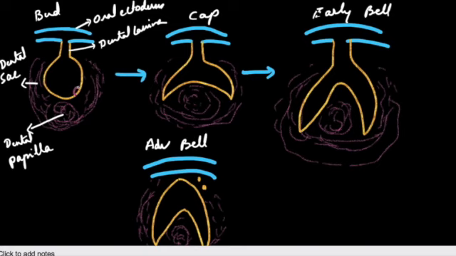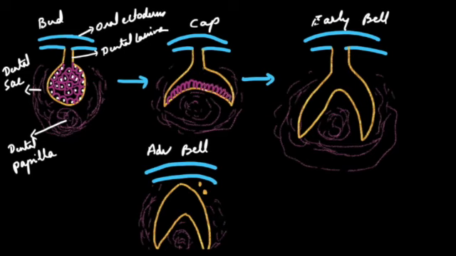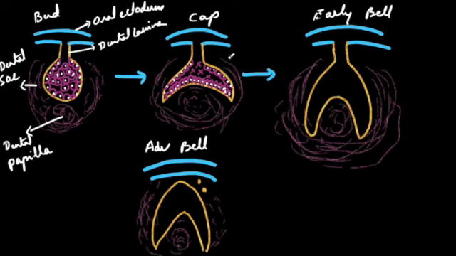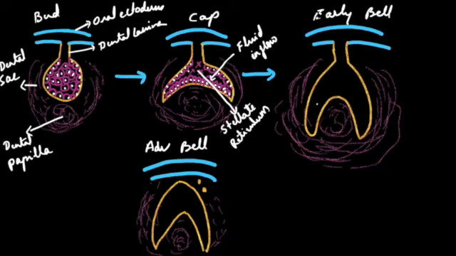The cells undergo morpho and histodifferentiation as the stage progresses. In the bud, we see peripheral cuboidal cells and central polyhedral cells. In the cap stage, we see the inner layer lined by low columnar cells called inner dental epithelial cells with centrally placed nucleus, and outer enamel epithelial cells. There is inflow of fluid into intercellular spaces due to high glycosaminoglycan content, and because of this, these cells separate but retain attachment and become star-shaped, and these cells are hence called stellate reticulum cells.